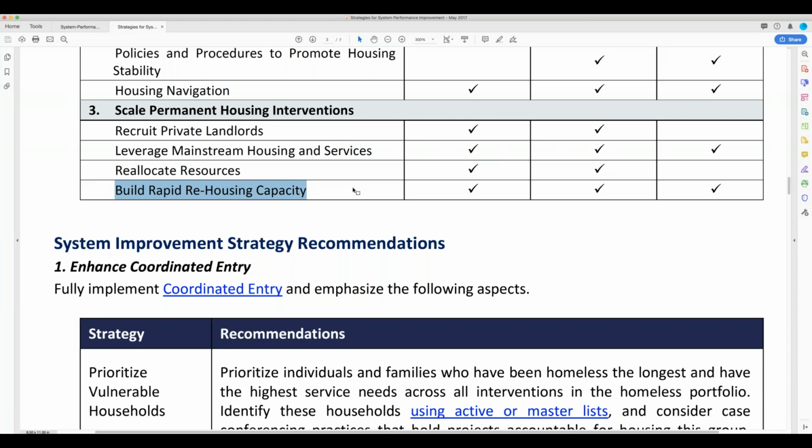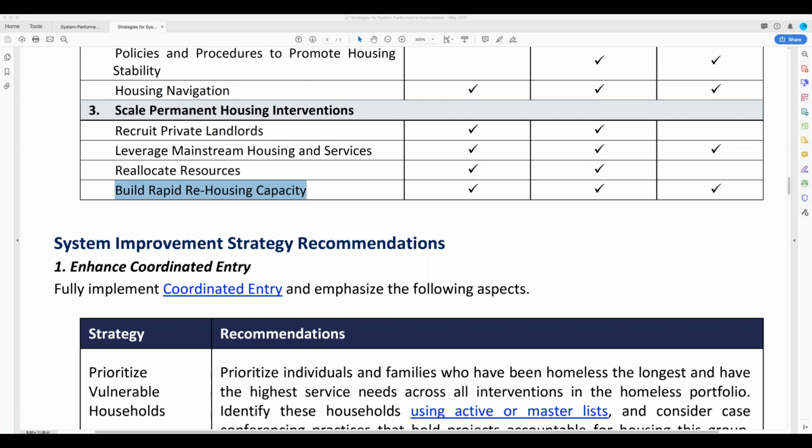Okay, the points that were made again earlier when we were workshopping this idea was, hey, what if we had security and first month's rent for people? Wouldn't that end their homelessness more quickly? Well, you can do that with rapid rehousing. As long as someone is homeless, they don't necessarily need a disabling condition. You can just provide them with rapid rehousing assistance, including security and first month's rent. That could be a game changer for a household that otherwise has to wait months and months in shelter in order to afford housing and in order to afford to move in, just because they're saving up for that security and first month's rent. All right.